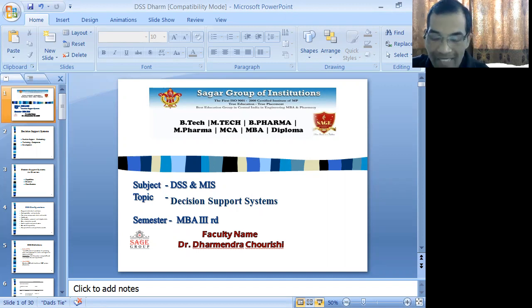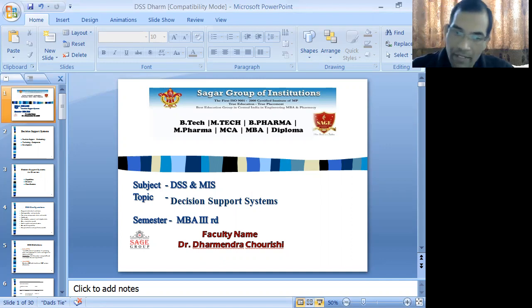You can show it in a report or tabular format. That's why we say MIS gives you a structured way of data representation,